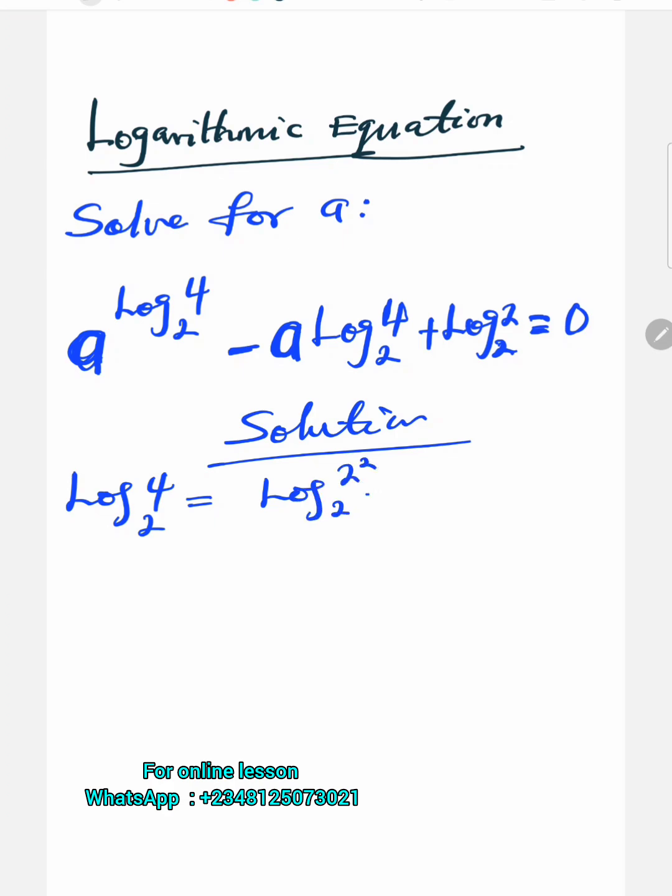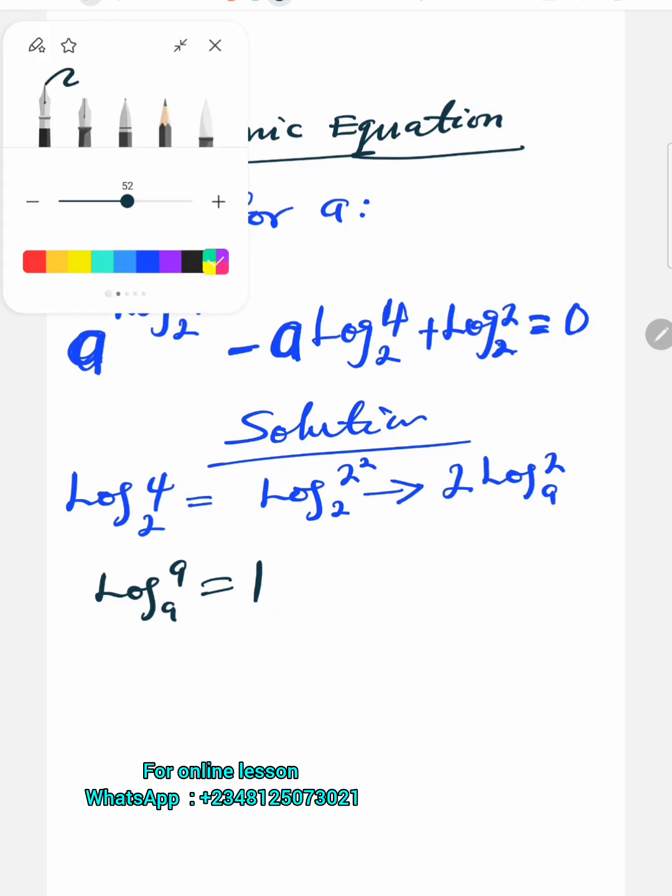And when you apply the product law of logarithm, it becomes 2 log 2 to base 2. And don't forget the rules of logarithm. That is one of the laws that say if I have log a to base a, this will give me 1. So which means what we are going to have now,